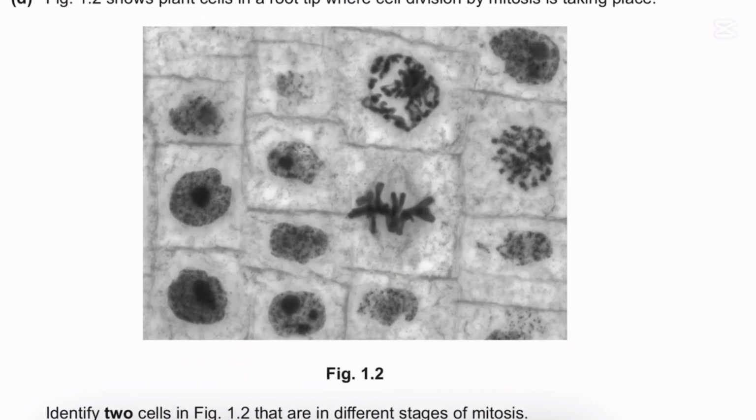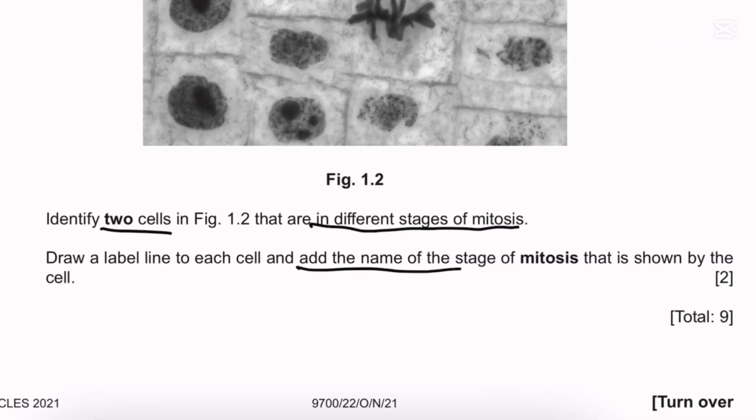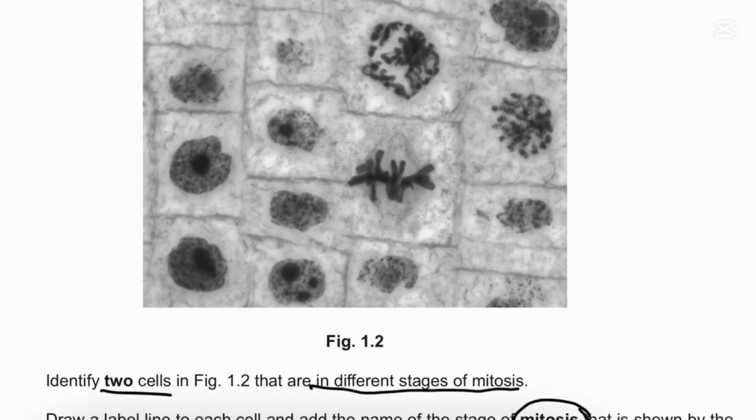Figure 1.2 shows plant cells in a root tip where cell division by mitosis is taking place. Identify two cells in figure 1.2 that are in different stages of mitosis and draw a label line to each cell and add the name of the stage of mitosis that is shown by the cell. Okay, so here we can label this immediately as metaphase, and now here I can see this is interphase,